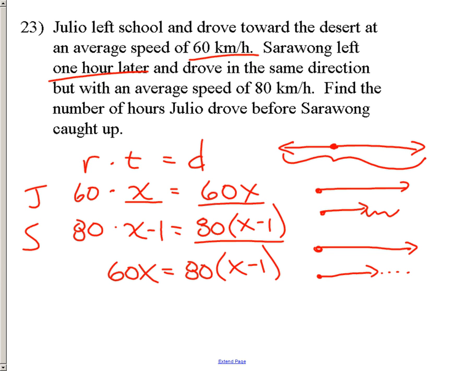X will give us how long Julio's been out there, but the question could very easily have stated, how long will it take Sarah Wong to catch up from when Sarah Wong leaves? But it says, find the number of hours Julio drove. So X will be our answer. Solve for X, and that would be